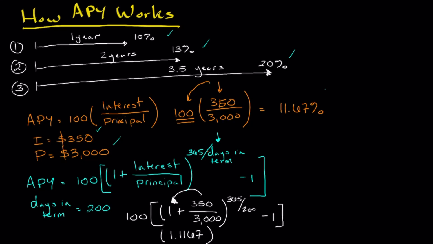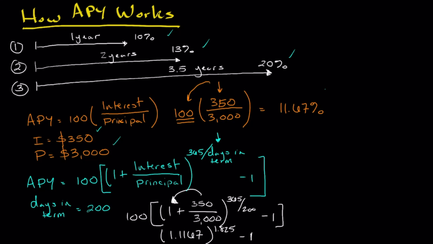And now we have to figure out the power. We're going to take 365 and divide it by 200, and that's going to be 1.825. Then we've got to subtract 1. If you've got any sort of calculator that does powers, it'll make it pretty easy. We're going to take 1.1167 to the power of 1.825, and that's going to get us